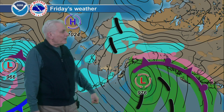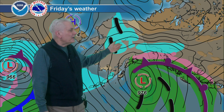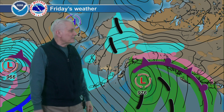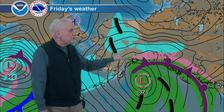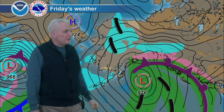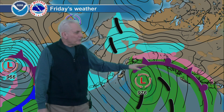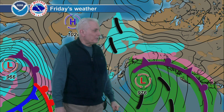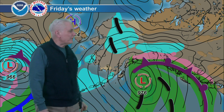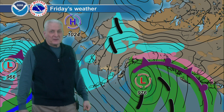And for tomorrow, quite an area of light snow here over the central and north central interior, actually extending all the way out to the central Arctic coast there. And starting to taper off along the Alaska Range, dry for Cook Inlet, although a cloudier day tomorrow than what we saw today with some of this moisture as this front works northward. Moisture will be pulling westward here, up possibly to the Chugach Mountains, and that'll extend eastward. So a wet day tomorrow with diminishing winds over the southeast coast,